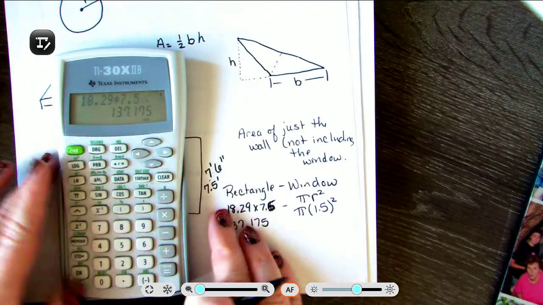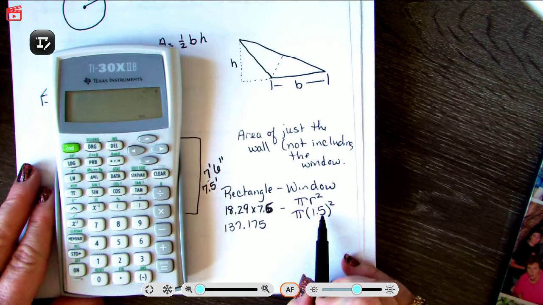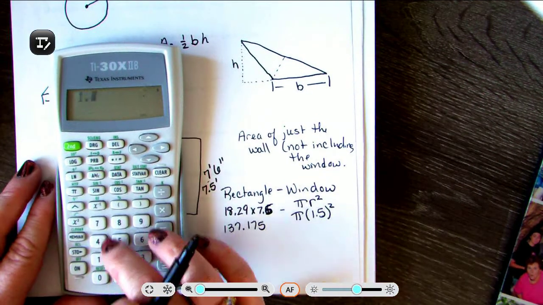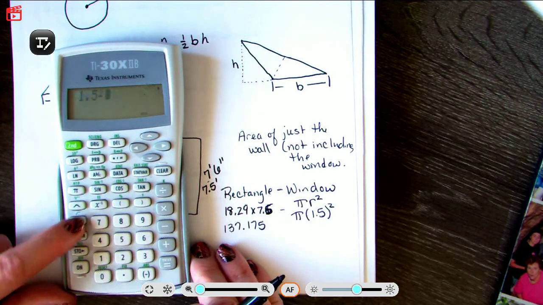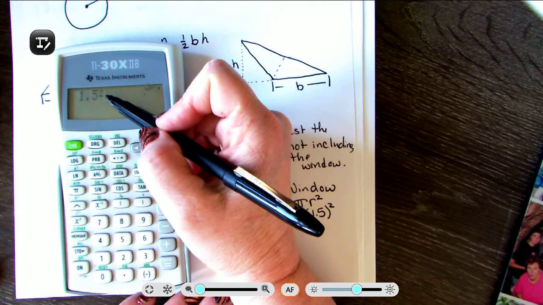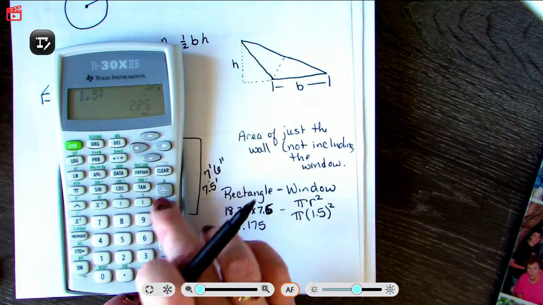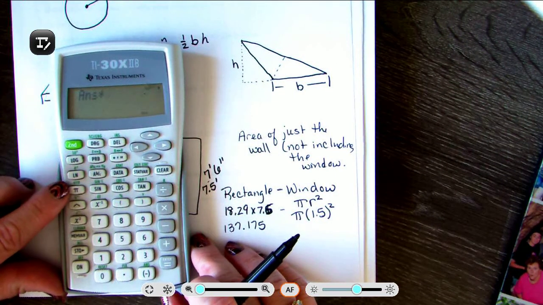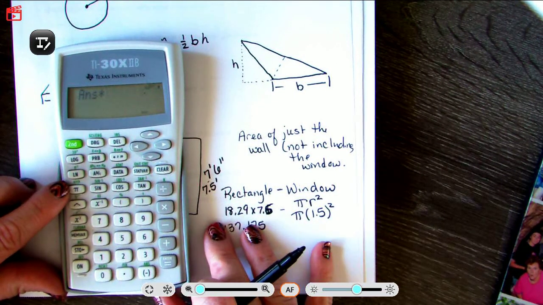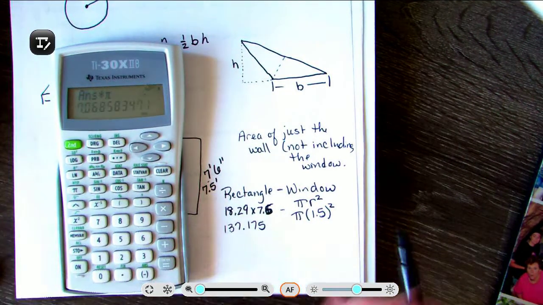So on my calculator, clear this, I'm going to do 1.5 squared, so 1.5, and I have a little squared button right here, which will put a little 2. You'll see the little 2 pop up there. So that's my 1.5 squared. And then I'm going to multiply that by my pi. And I like to use my pi button, which is also located right there. So times my pi, and we'll get that to be